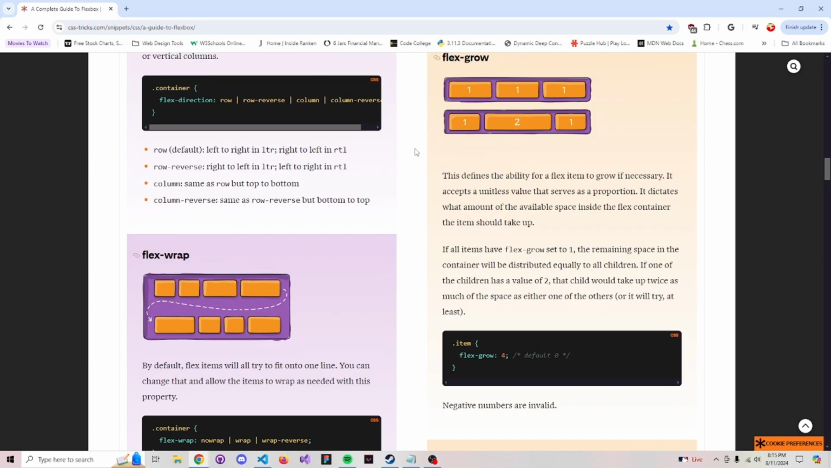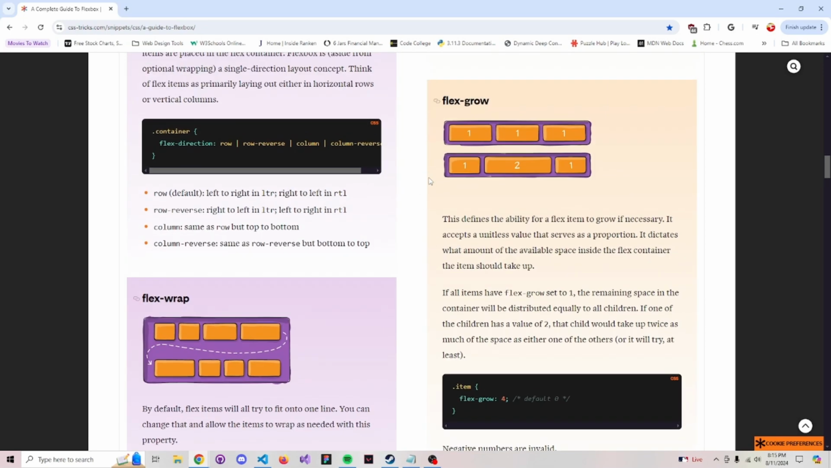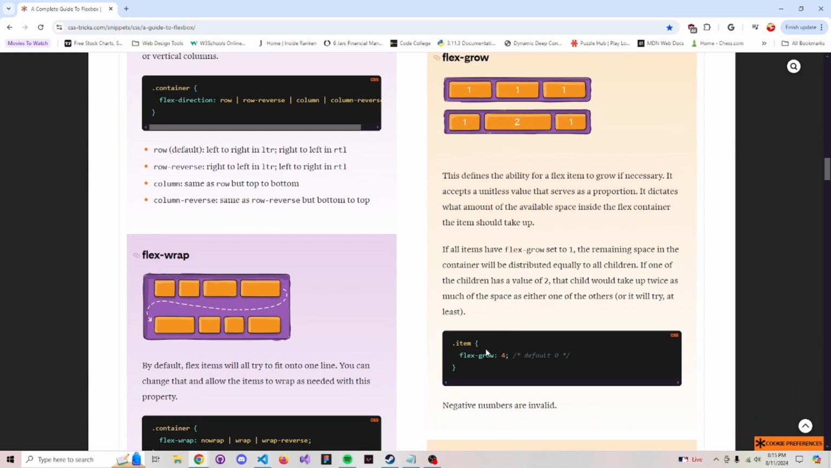These are interesting. Flex grow, like I said here, defines the ability for a flex item to grow if necessary. So if this isn't active, then your item won't grow. By default, it's set to 0, meaning it's not allowed to grow at all. Whether or not you put it to 1, 2, 3, 4 doesn't matter, because actually no, it matters. If there's one item, it doesn't matter. But if there's multiple items,